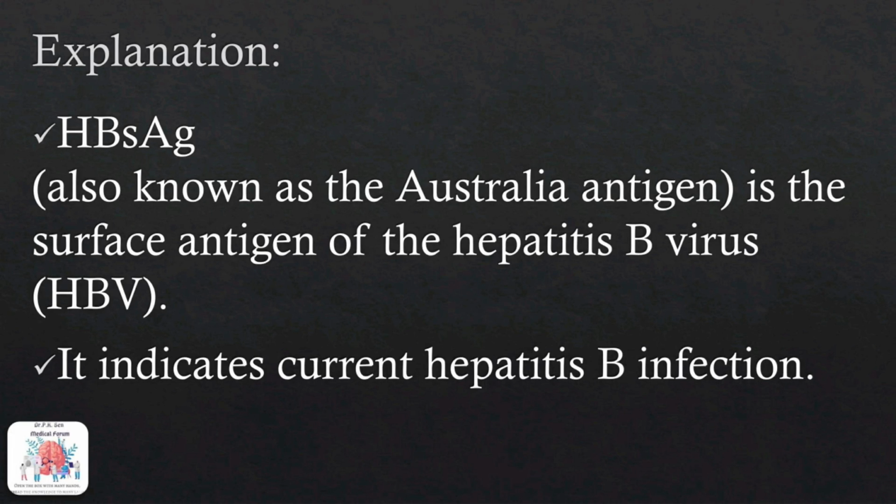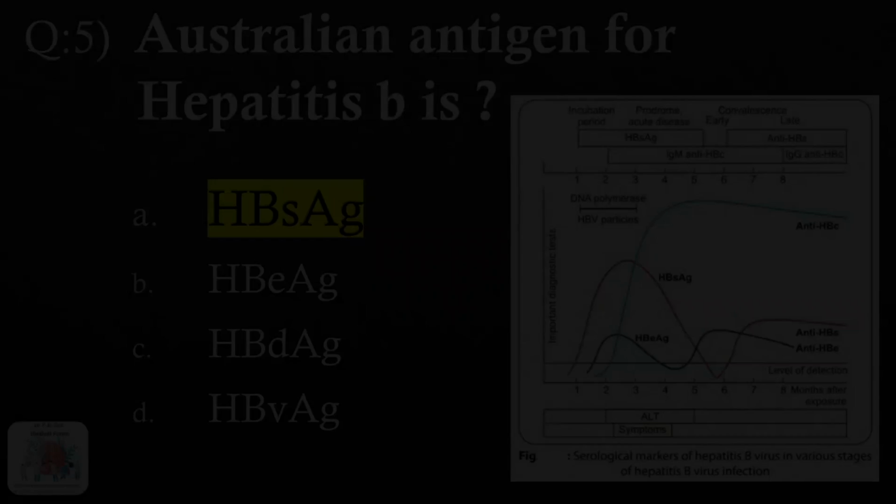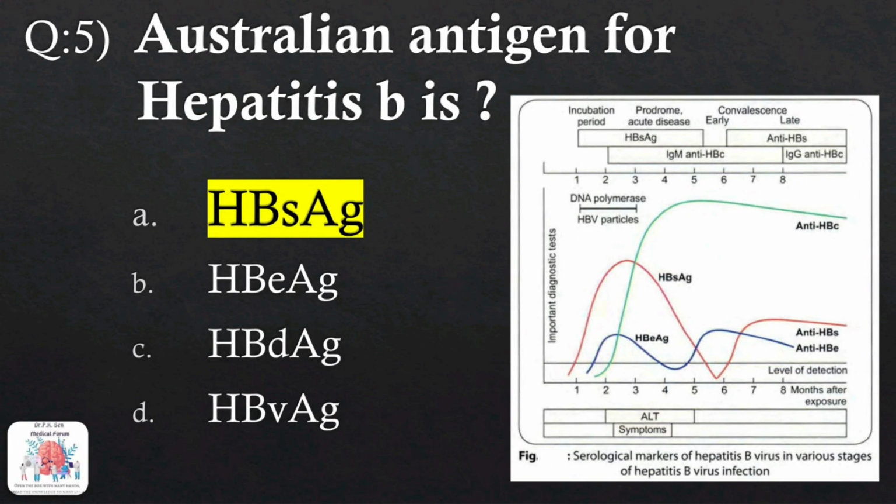Option A, HBsAg, is also known as Australian antigen. It is the surface antigen of hepatitis B virus. It indicates current hepatitis B infection. It is the first marker to be elevated and indicates the onset of infectivity. It is also used to calculate the prevalence of infection in a population and hence is used as an epidemiological marker. Whereas option B,